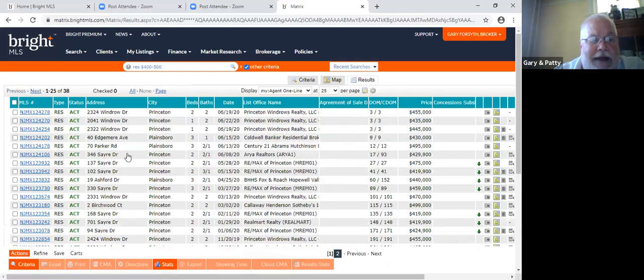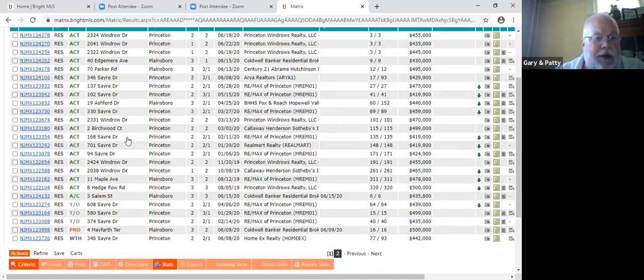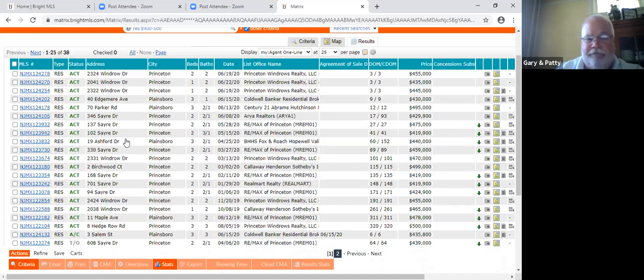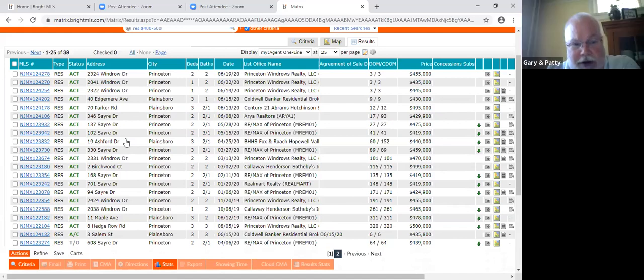But look at all the actives. So you're selling about 1 1/3 per month in this school district, but without counting them, there have to be 15 actives divided by 1 1/3. Here you have a much stronger buyer's market. The other school district is a seller's market. You understand that? Oh, okay, got it.